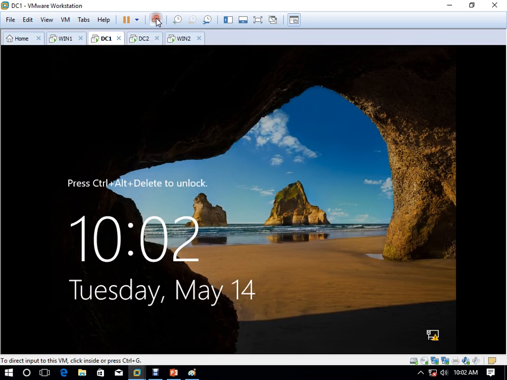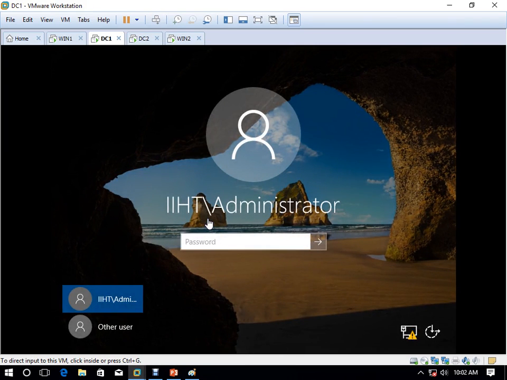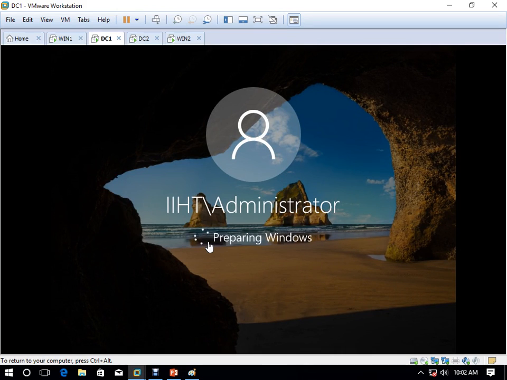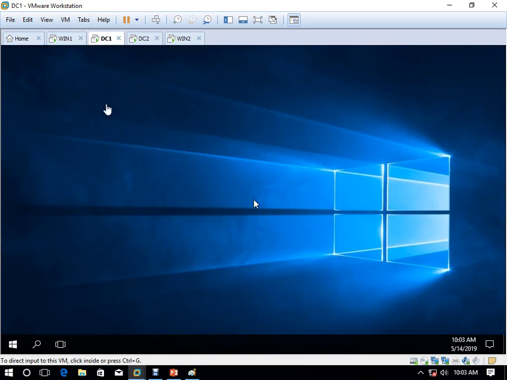After restarting, we have to log in to the server. So we are working on DC1. You can see here DC1.